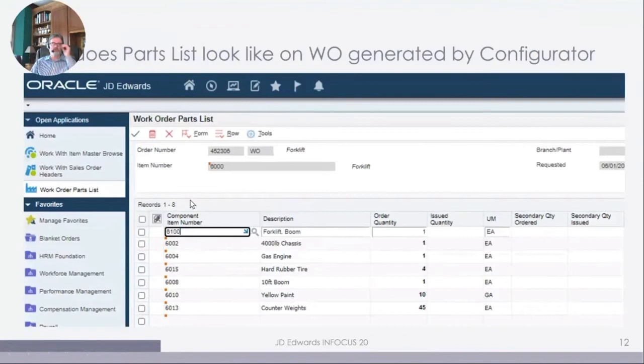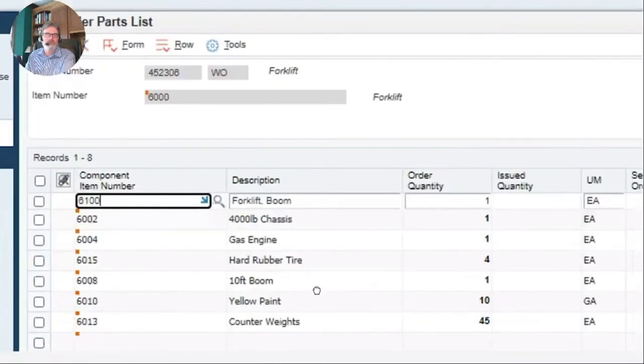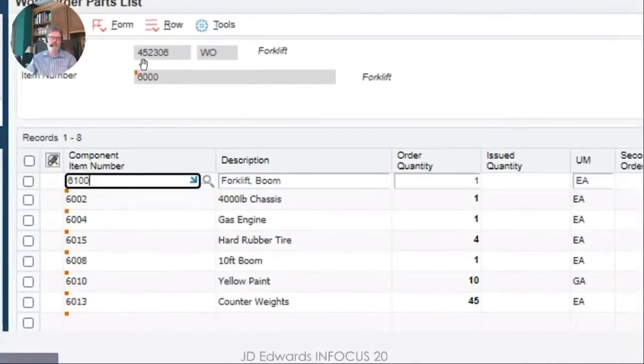And the work order has a parts list. So I'm going to zoom in on this one a little bit here so you can see. So now it's created a specific work order, 452306, it looks like, for this forklift. And it says, okay, I need one boom, I need one chassis, I need a gas engine, I need 4 tires, I need one 10-foot boom